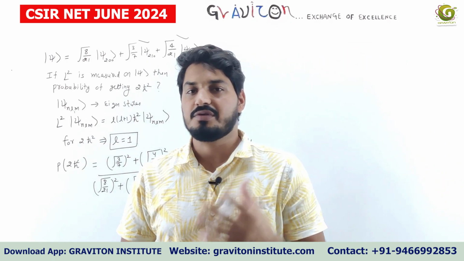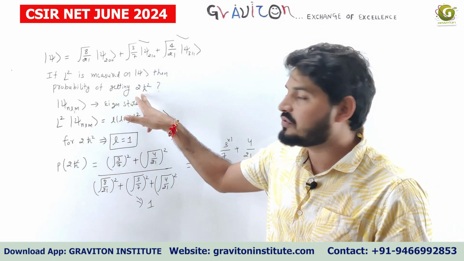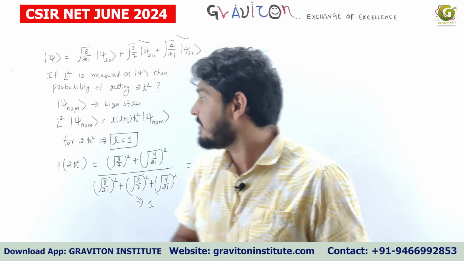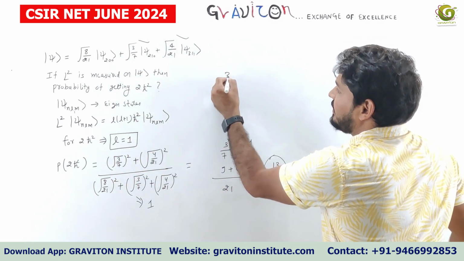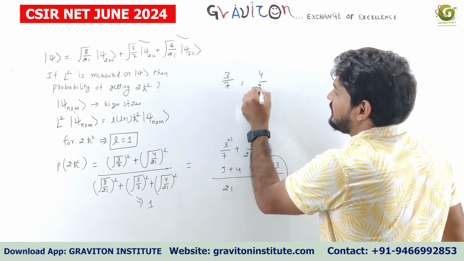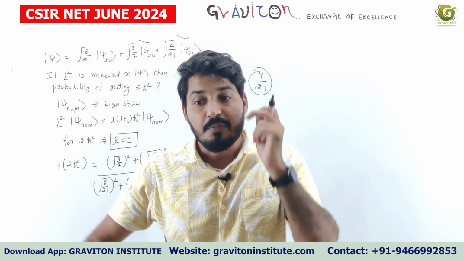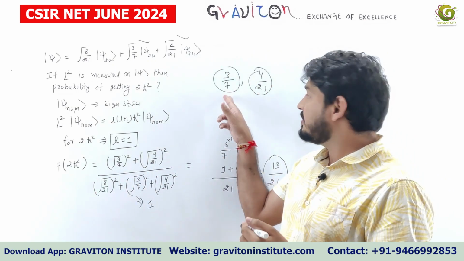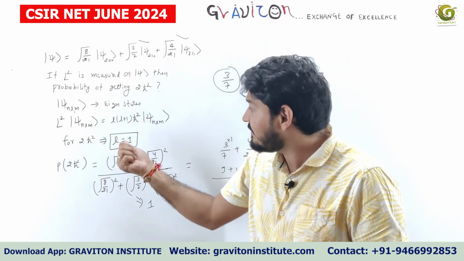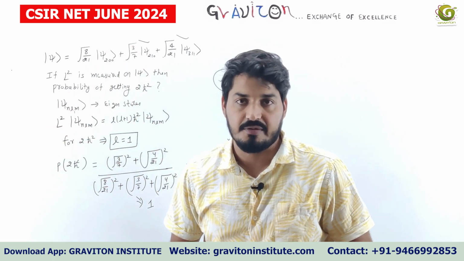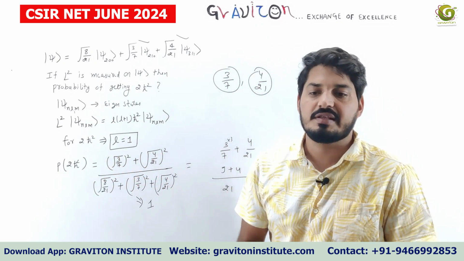The only thing you have to remember here is what should be the value of l for which you are getting the 2ħ square. Generally students make the mistake that they look at only one term and directly write that probability. Someone would have written 3 by 7, someone would have written 4 by 21 separately, and that is not correct. You will find both of these in the four options as well. So you have to check in how many terms the value of l is 1. You have to combine all those probabilities. So this is how you can deal with this kind of question.